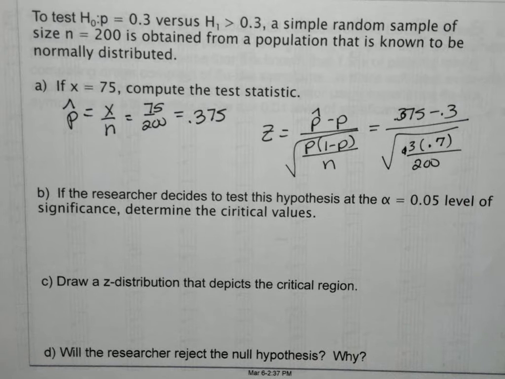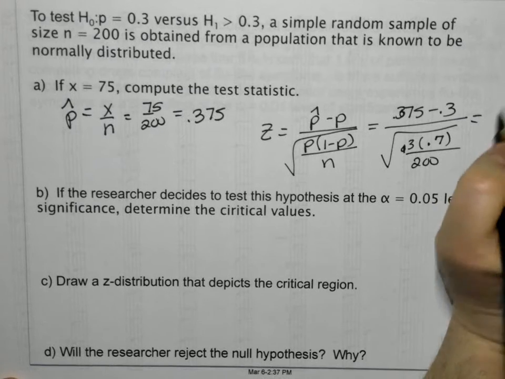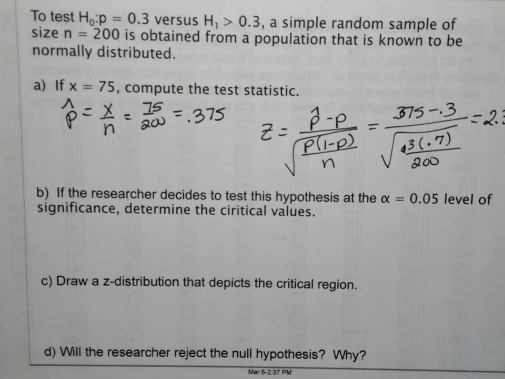So 0.3 times 0.7 equals, divided by 200 equals, I want the square root of that. Okay, so I'm going to do 0.375 minus 0.3, and I'm going to put parentheses around that, divided by the square root of my previous answer. I have 2.31 as my